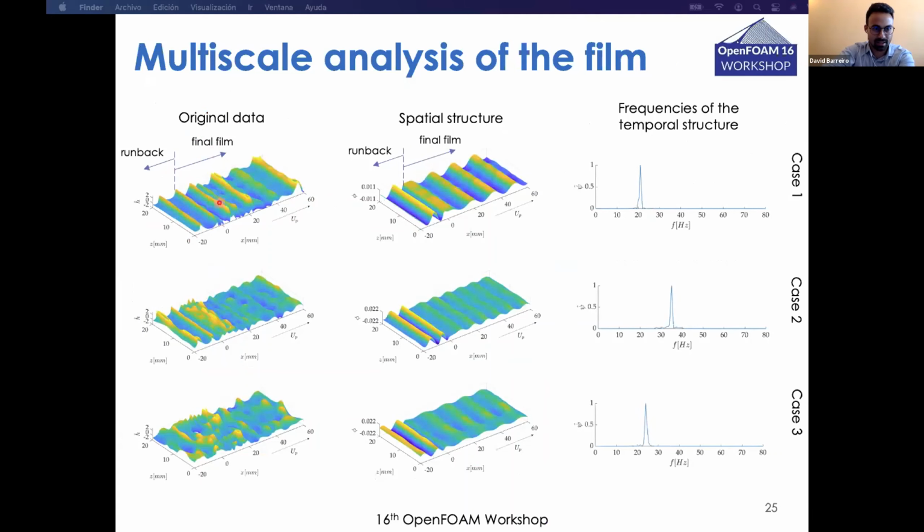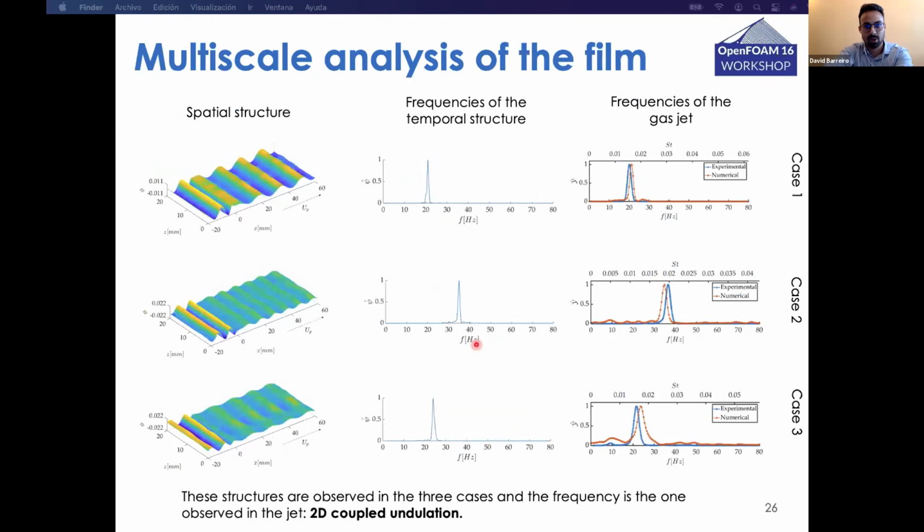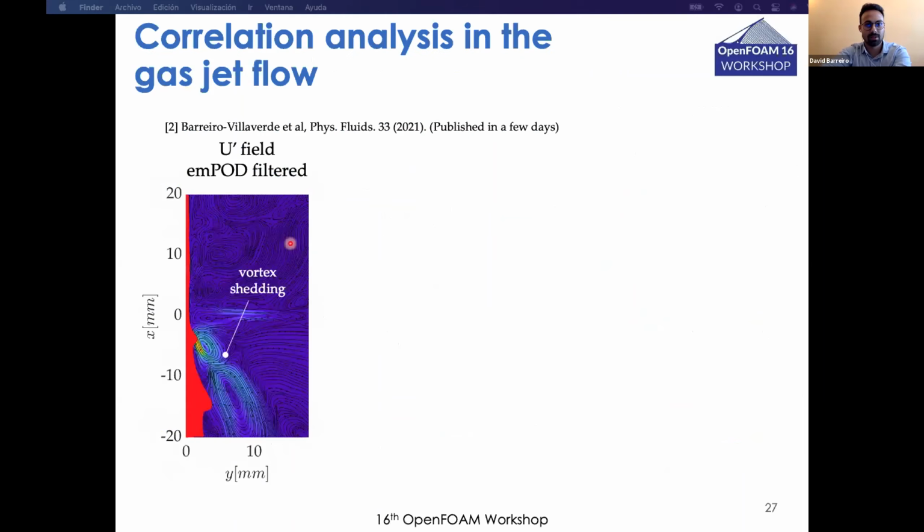The multiscale analysis of the film shows that even when the dynamics of the film are very complex, see, for example, the original data of case 1 and case 3, we always detect a dominant pattern of two-dimensional waves present in the entire domain. These are waves that share the same origin near the wiping and travel in opposite directions. Moreover, if one looks at the spectra of the gas jet, now on the right part of the slide, it can be seen that the frequency of this pattern matches perfectly the frequency of the gas jet, which suggests again that these two phases are in fact coupled. We call this component of the liquid film the two decoupled undulations.